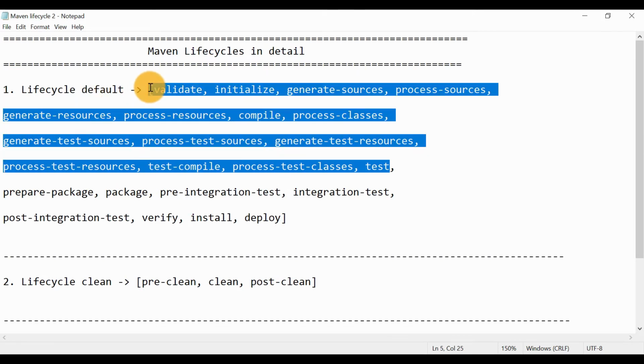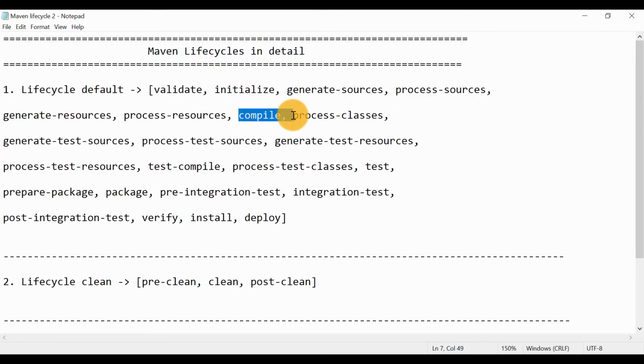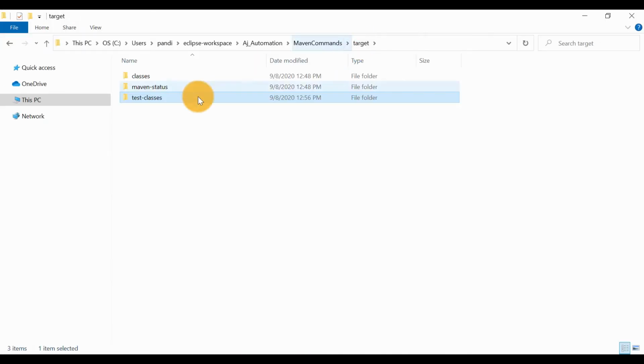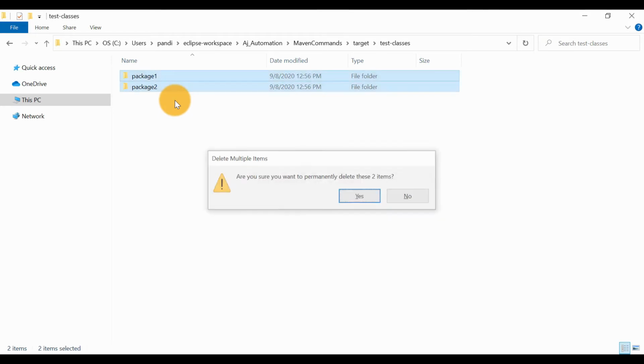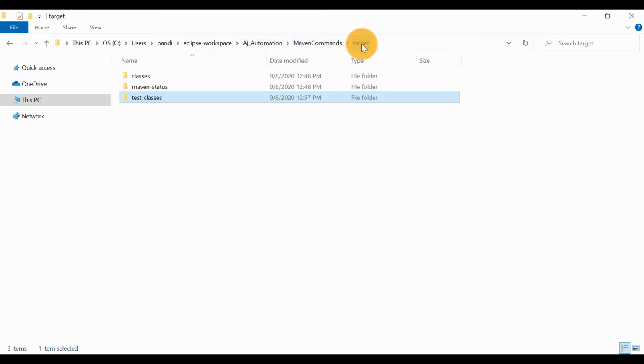Okay, from this. So that means all the source files from the src main java will be compiled. Then also this test compile is there. So all the java classes from the src test java will be compiled as well. Okay, so in one command we are going to do all the process. Okay, so just for verification purpose we will just delete this. Okay, and we will see if new files got generated or not.